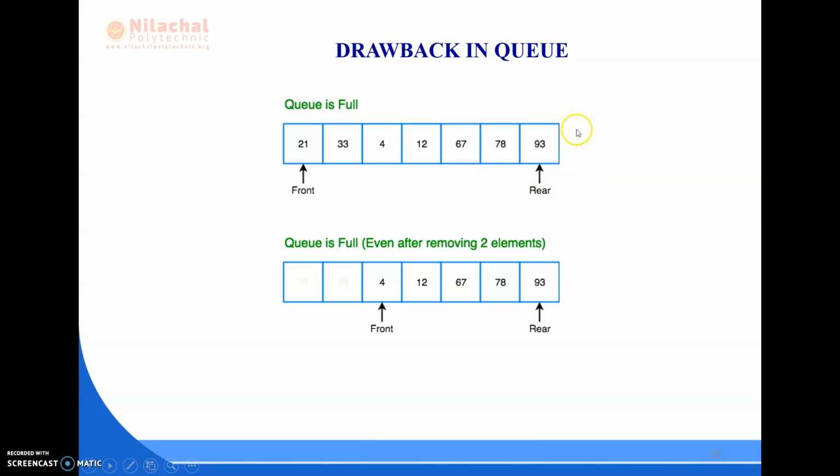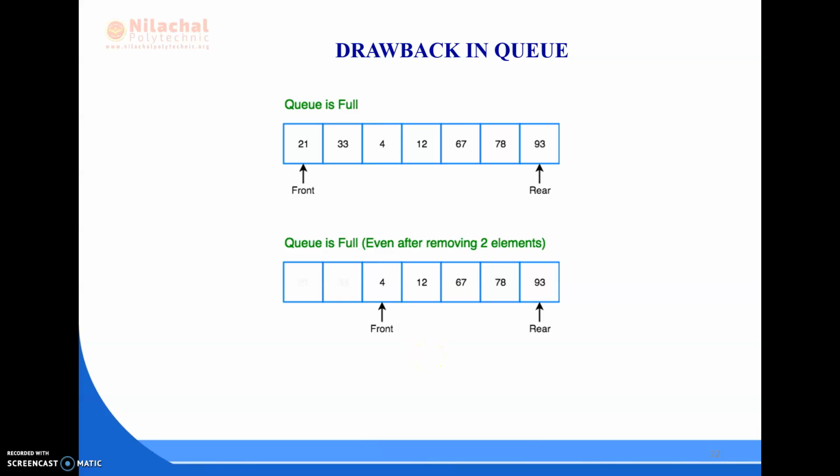So it is the whole size of the queue. It has reached the nth position or the last position, so rear is at the last position. Okay, so this was the insertion. When we do deletion from the front part, first the deletion will be 21, then 33, then 4. As we delete, the front also gets incremented by one position. We have already discussed that in the algorithm part.